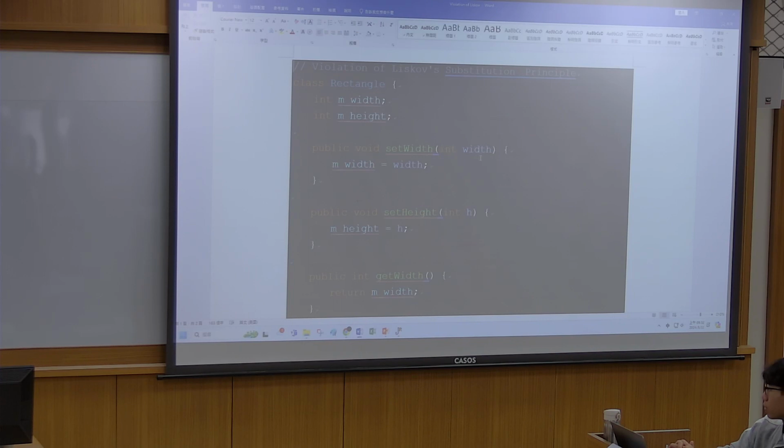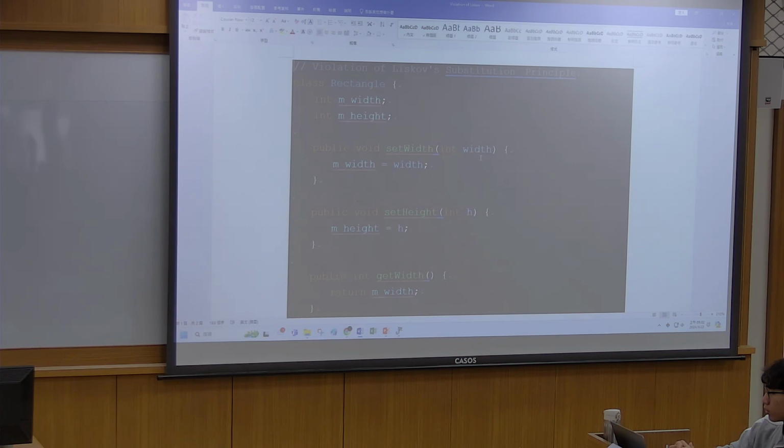Suppose that's square. We have four sides, height and width. But for square, actually, they're the same. The square doesn't need to define height and width. But since the parent has this, it has to follow the height and width.